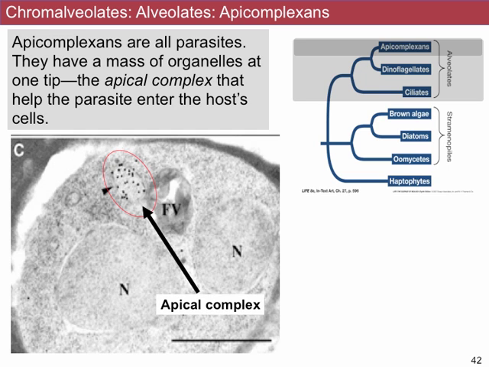The life cycle of Plasmodium, which is gone through in the book, is really pretty interesting. They infect things like people in their blood and are transmitted by mosquitoes, but the life cycle inside the mosquito is an obligate part of the sexual life cycle of these organisms. And if you can screw with that part of their life cycle, you can help reduce the transmission of malaria, for example.